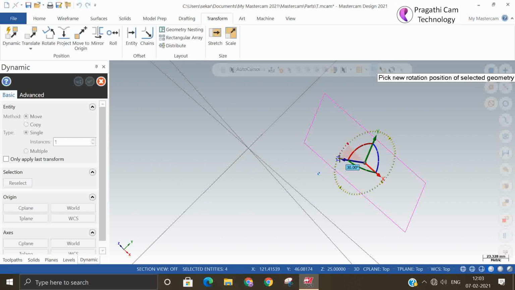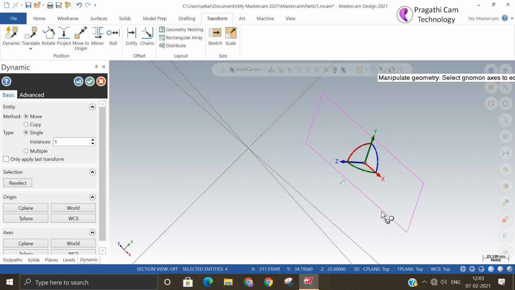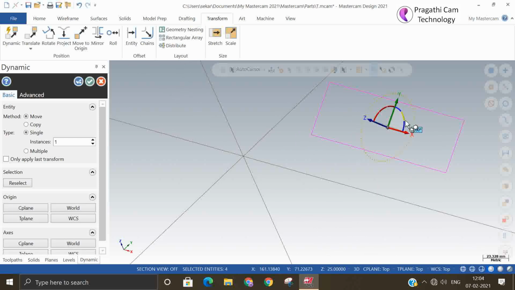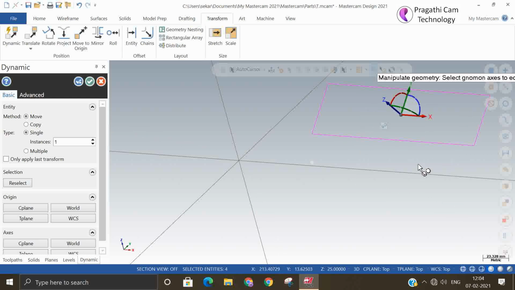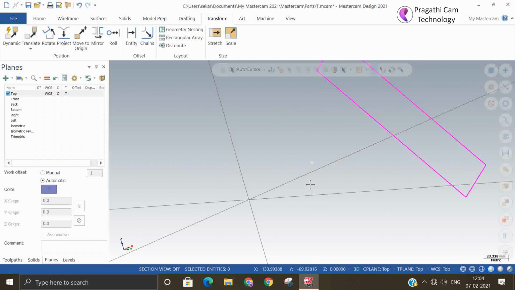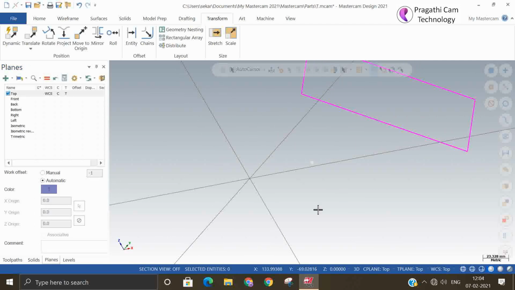So which axis you want to rotate, that you can hold it and rotate. So this is a fully flexible translation method. So this is the dynamic translation. Okay.